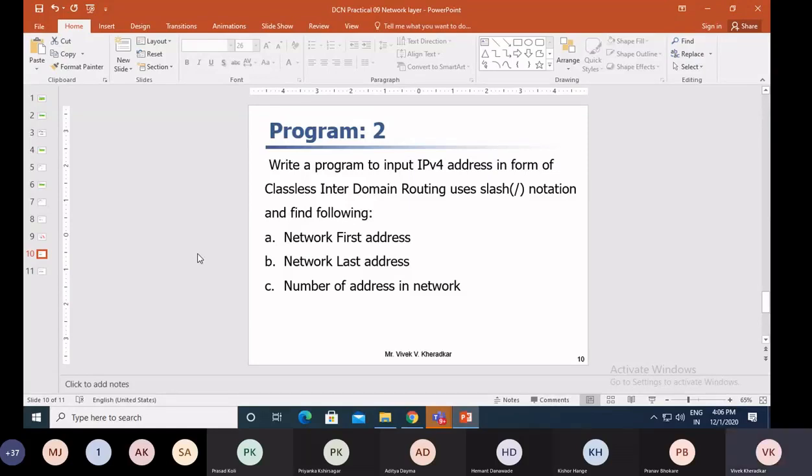You have to input it in decimal form. You can input the IP address in decimal form, in binary form, and you can also represent it in hexadecimal format. There are three ways to represent the IP address: binary, decimal, and hexadecimal.